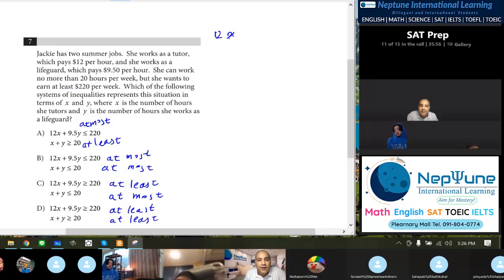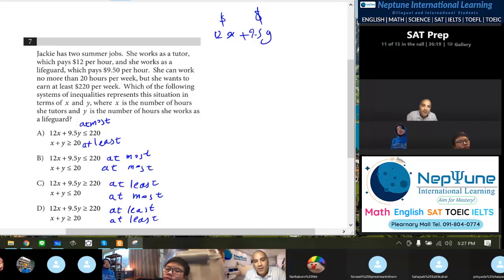And a lifeguard, so lifeguard is Y. If she works as a lifeguard, she will get 9.5. That's dollar plus dollar, so that should be equal to dollar. Don't confuse yourself, because if you work 1 hour, 2 hours times $12, you get money. Money plus money. She can work no more than